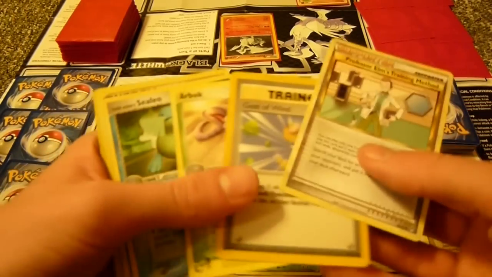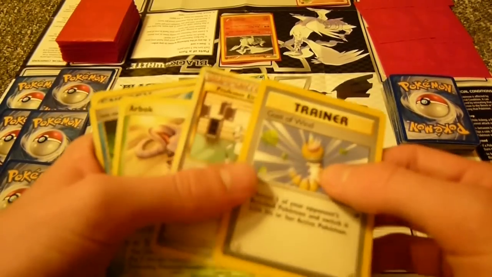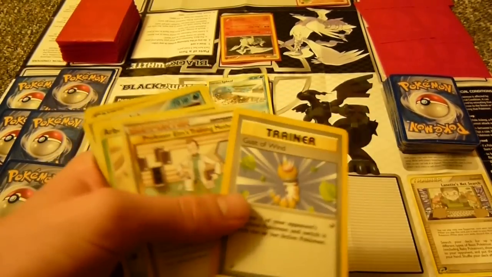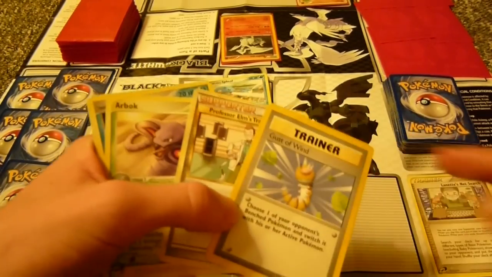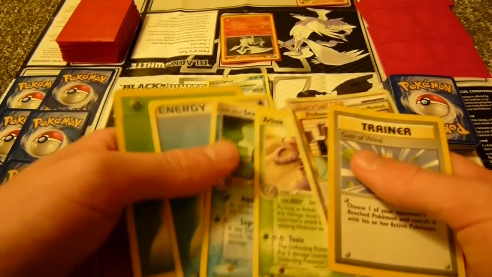And then trainers, we'll just say trainer, or I think now it says like trainer item. They always are changing this around. I think actually now supporters say like trainer supporter. It says somewhere on the card that it's a supporter. And